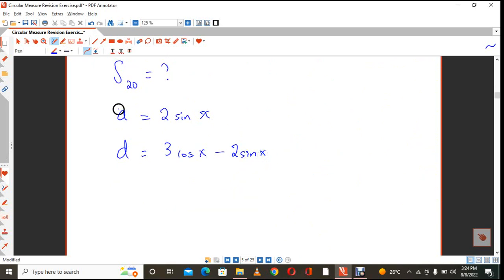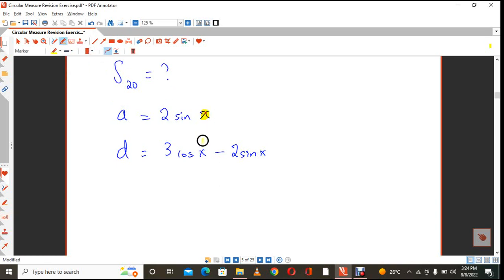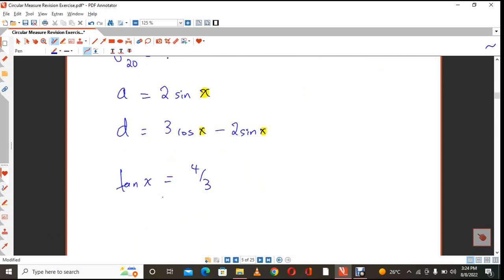All right, so what do we need? For the purpose of our calculation, we need to know what this x value is equal to. In order for us to do so, we'll use what we're told, that tan x is nothing but 4 over 3. So this is going to allow us to find angle x, and once we have angle x, we're just going to substitute it in there. So x will be the inverse tangent of 4 over 3. And what you do from this point onwards